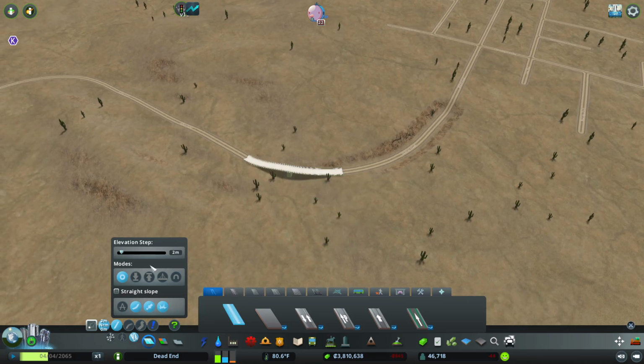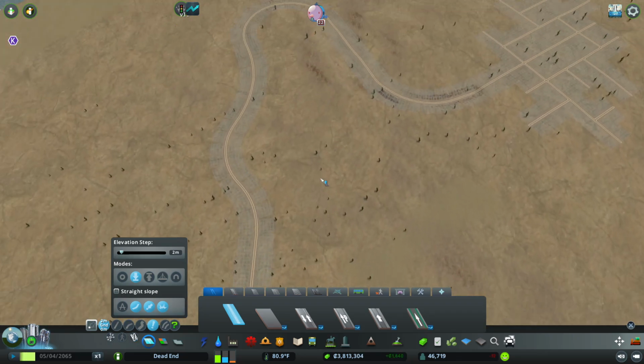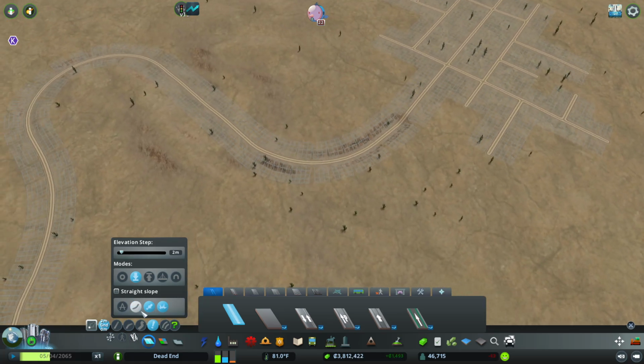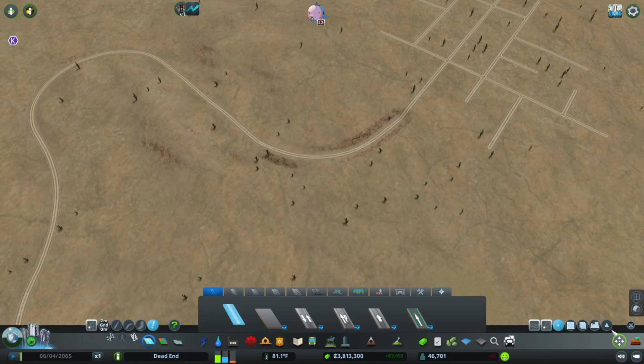Oh, I forgot the dirt road does a bridge. I'll be honest with you, I completely forgot about that. So if I just upgrade that to stick to the ground. Now, do you reckon I should slope the whole road? I don't think I should. But I'll use this tool because it's quite effective. But then again, I don't need to because I can just quickly...